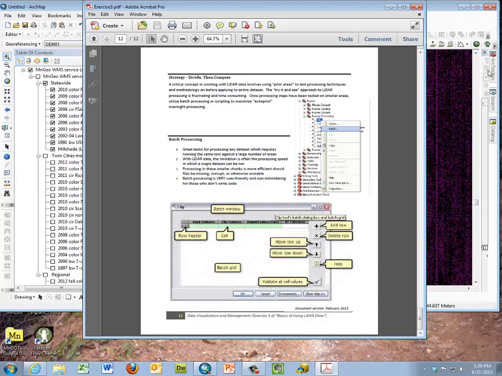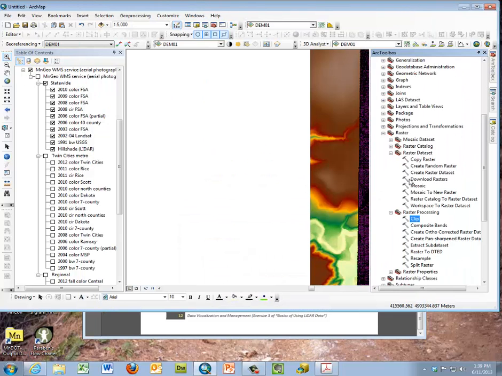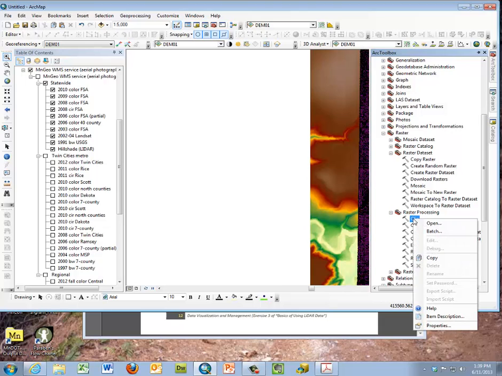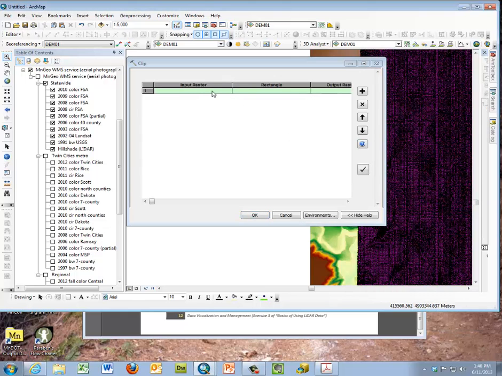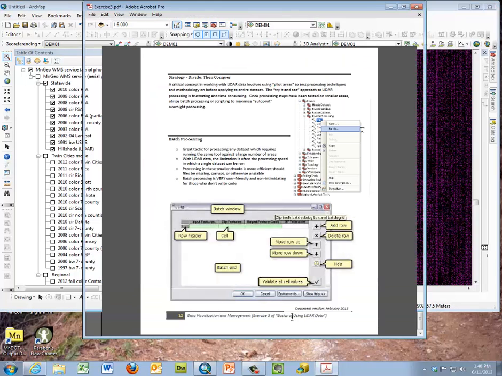We have some examples for you that if you're using a particular tool, after you've gone through and worked on a small area and you want to perform an operation like clip, or you're doing other operations, if you right click, instead of just click on it and open it, you could go to batch, where you would be able to establish clipping many different. So you would add the various different rasters and set up your environments, and then handle 15 tiles all one after another. And that batch processing might very well help you